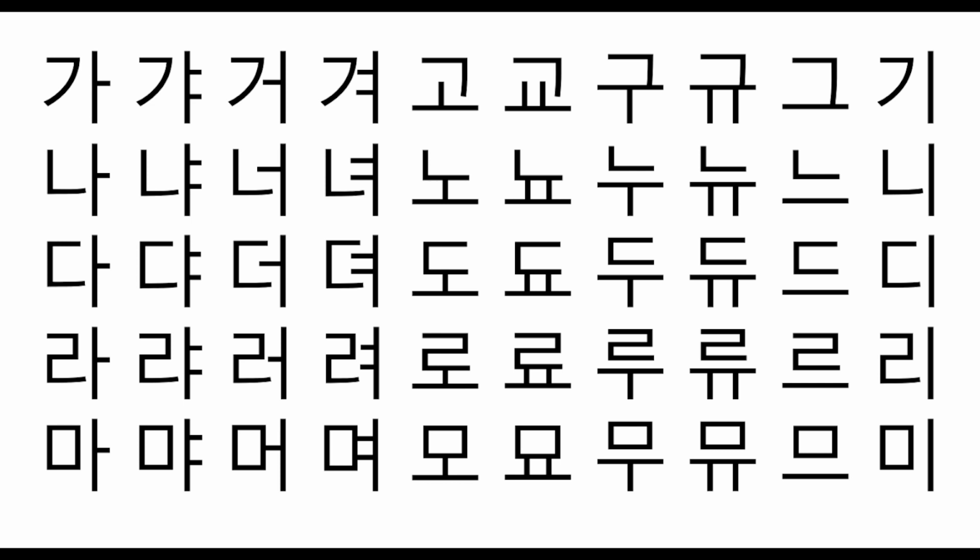One more time for the top row. That's ga, gya, go, gyo, go, gyo, gu, gyu, gu, gi. Now, the second line, the nieun, we've got na,